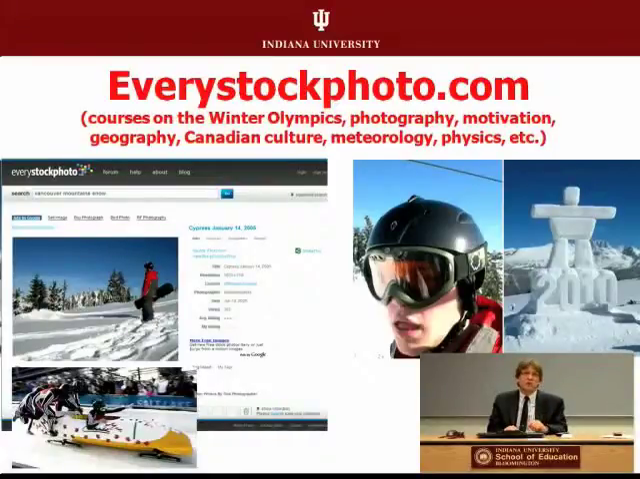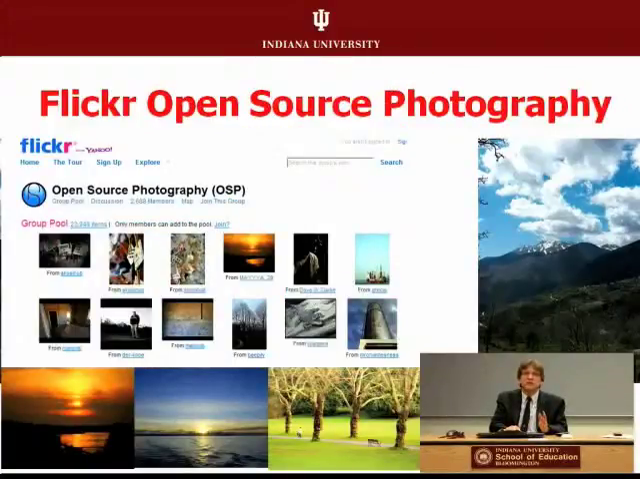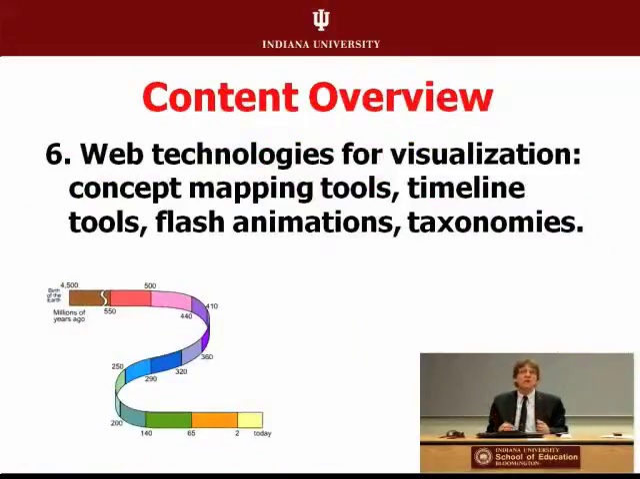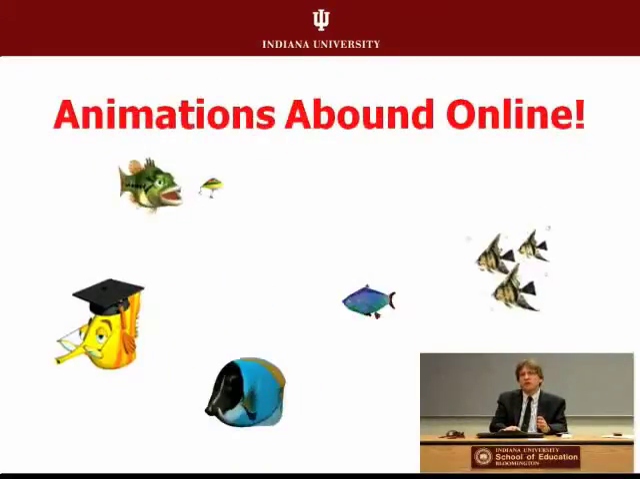Plethora of photos on the web from everystockphoto.com, Flickr in open source photography, Blip TV for videos in Creative Commons. You know, we've got many ways to visualize contents from timelines, concept maps, taxonomies, you name it, there are ways to visualize it. Animations? Sure, you can find an animation for almost any principle or concept that you can think